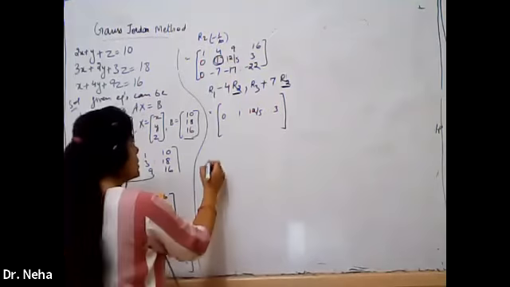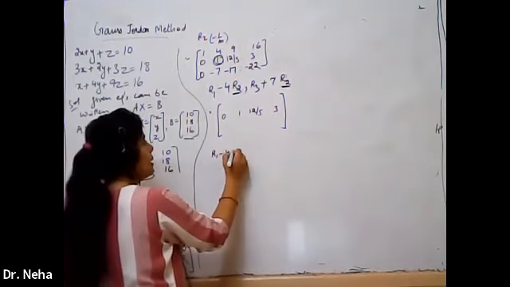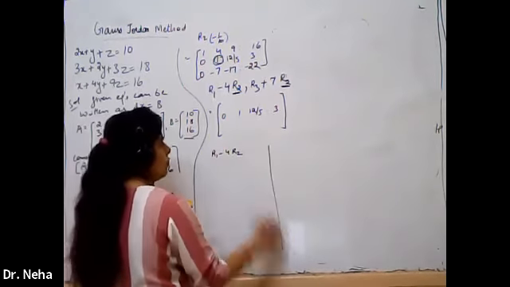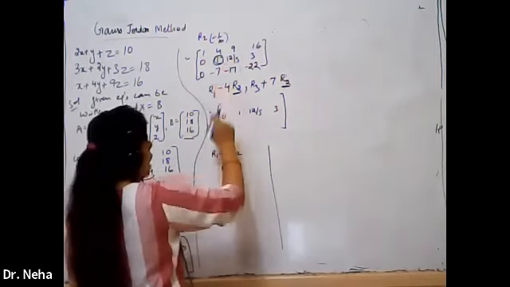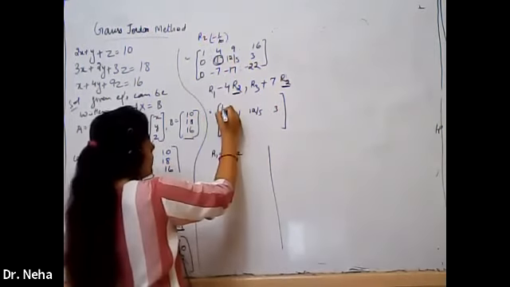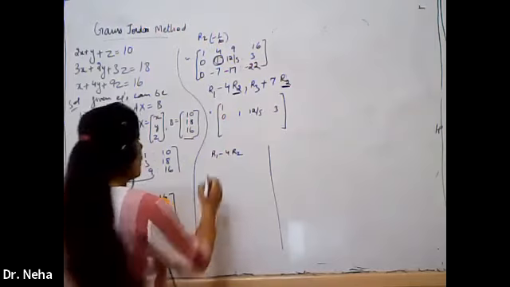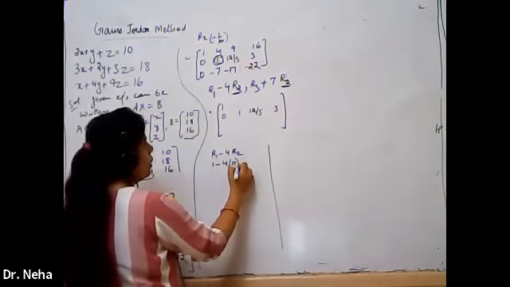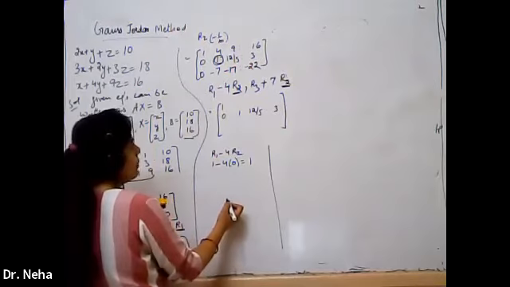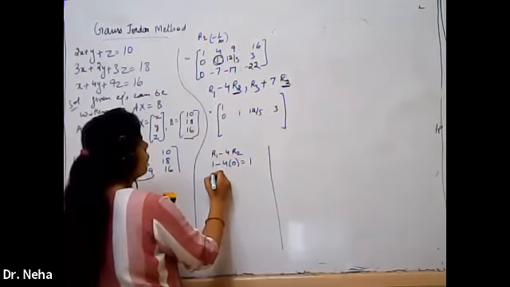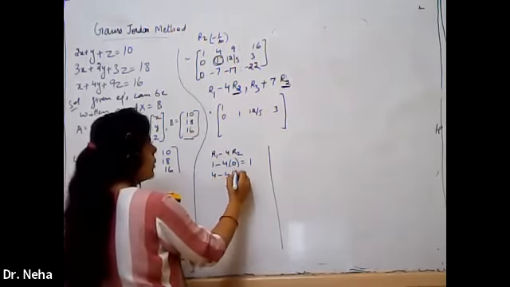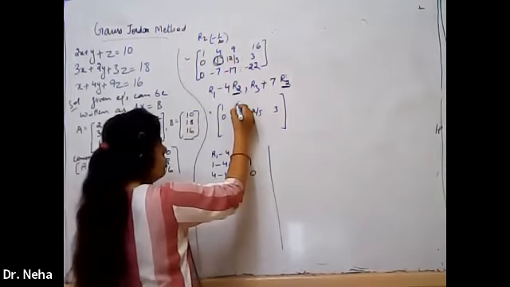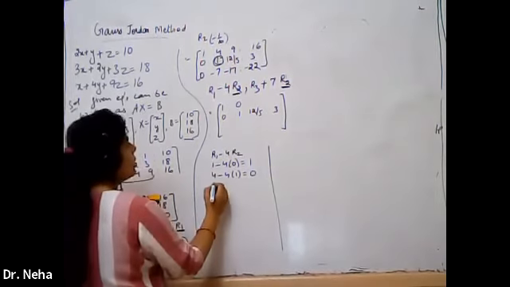Now let's come to first. R1 minus 4 R2. First values. R1, 1 minus 0, it will remain same 1. Now second values, you can write down it as again 1 minus 4 into 0 equal to 1. First element. Let's come to second element. What is that? 4 minus 4 into 1, that means 0. So 0. Let's come to third element.